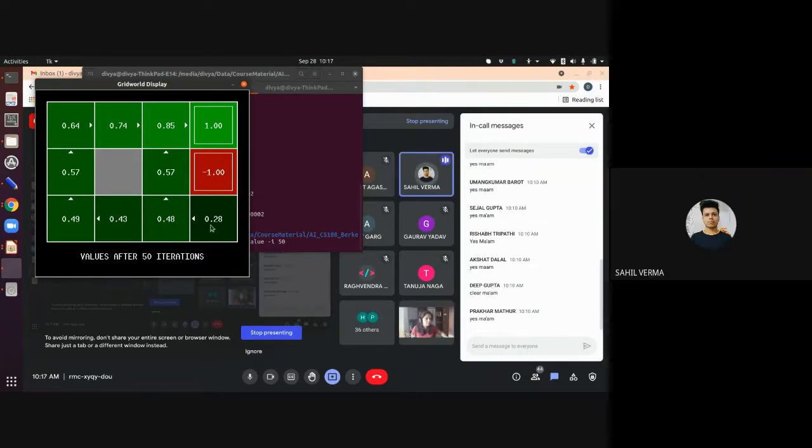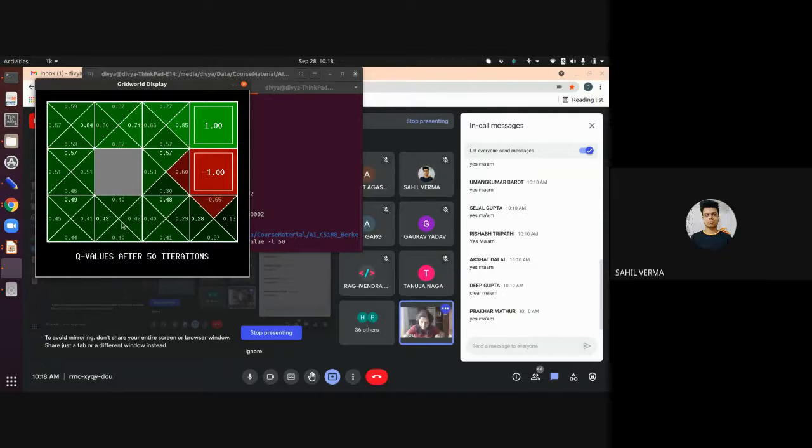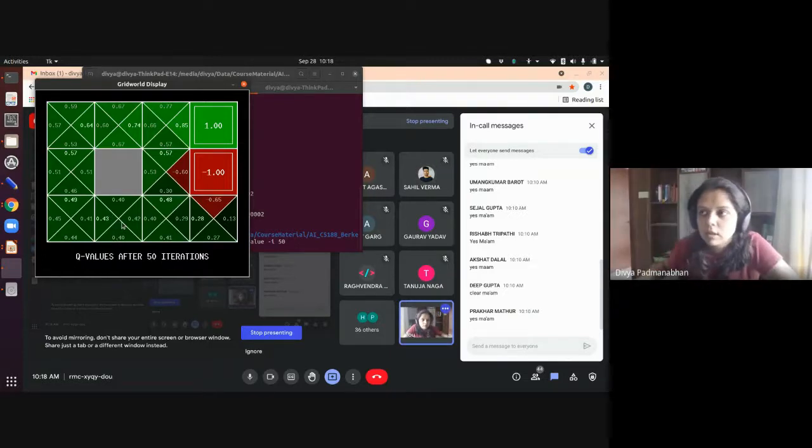Ma'am, for this position in the maze, 0.43, first row, second column, why is it showing an arrow to the left? Let us see the Q values here. So these are the Q values, right? Whatever it shows you is the best Q value it got. So this inferred that if you go right at this point, you're going to get a value of 0.42.